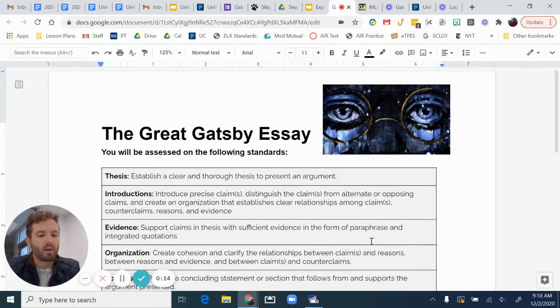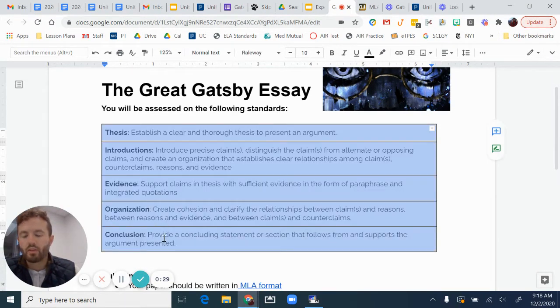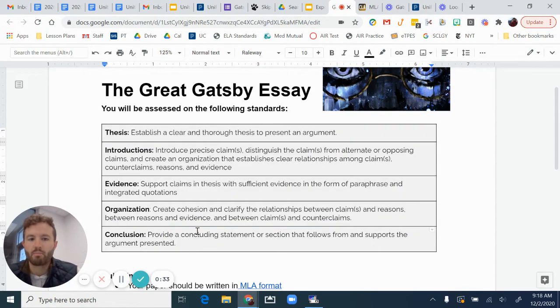So we've been talking a lot about symbolism and theme. And I want to start by saying those are reading literature standards that we're going to assess through a different assessment. So don't worry too much about those right now, although they will be part of the content for your essay. But instead, I want you to check out these 5 standards here. These are the 5 writing standards that you're going to be instructed and assessed on in this next couple of